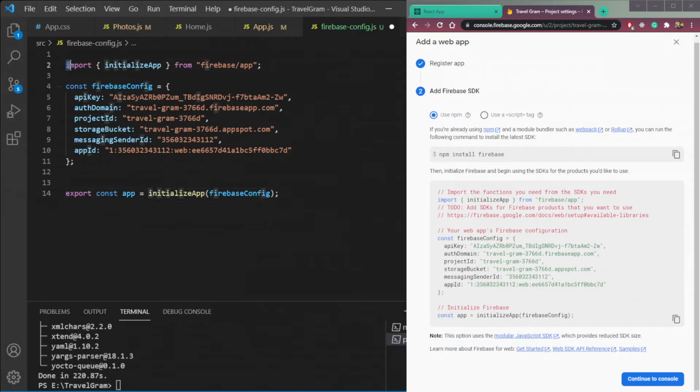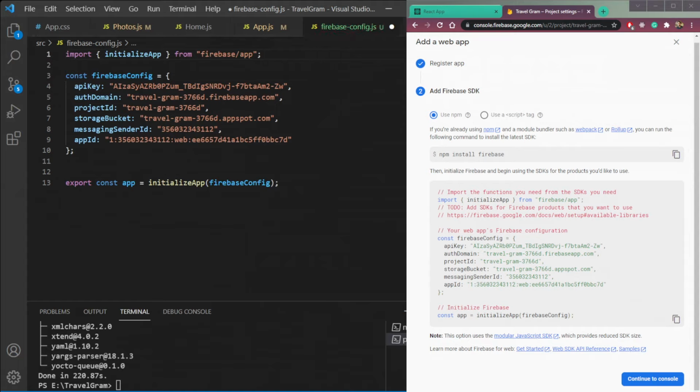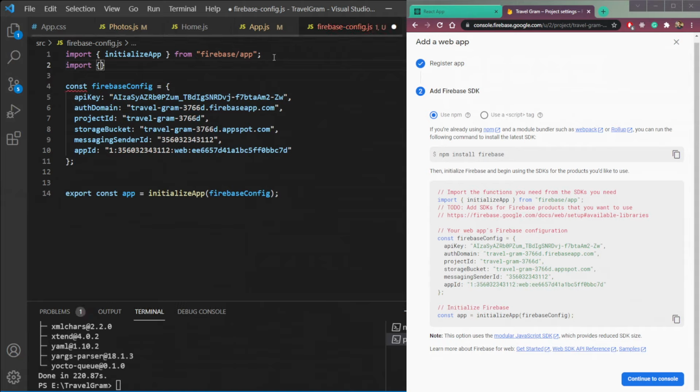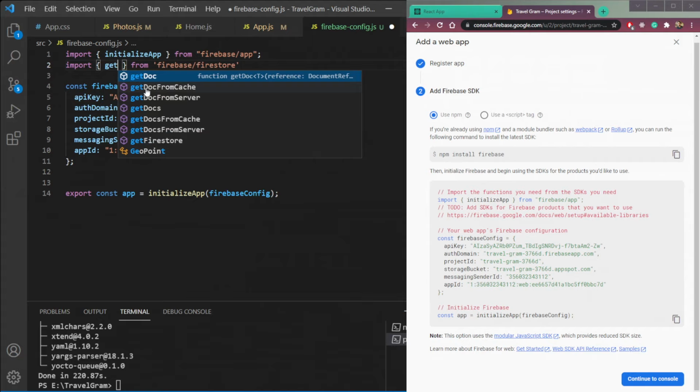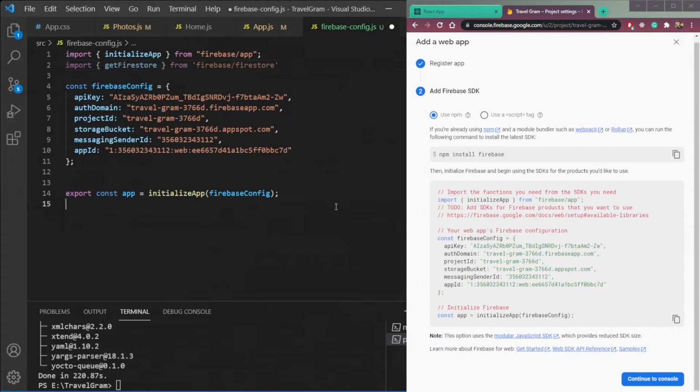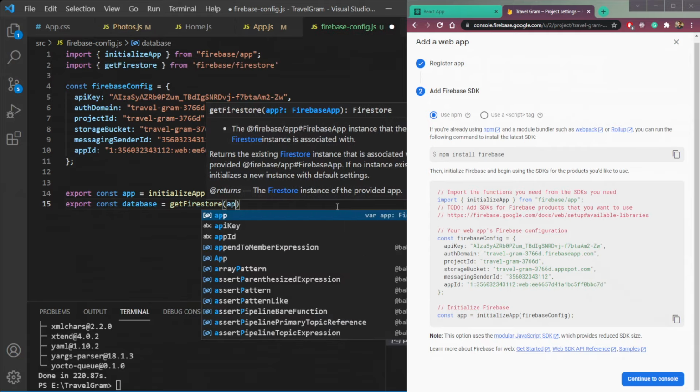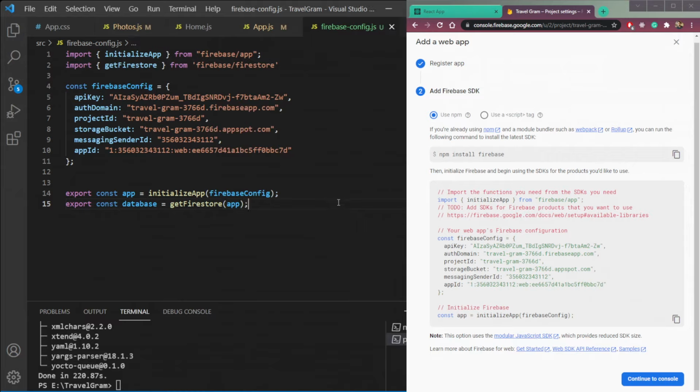Export. Right. Okay. And to use the Firestore database, we need to import one more thing here, which is called getFirestore from firebase/firestore, and just put getFirestore, and at the bottom just create one more export const database equal to getFirestore, then the app inside the previous export.